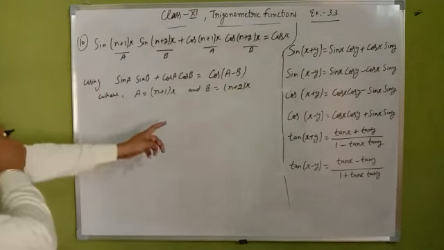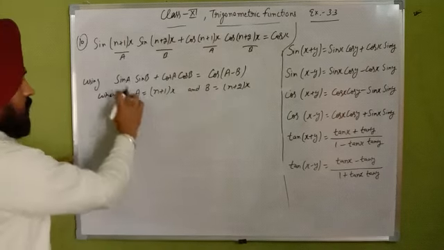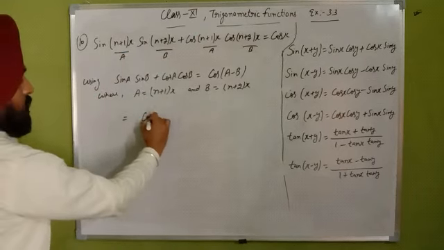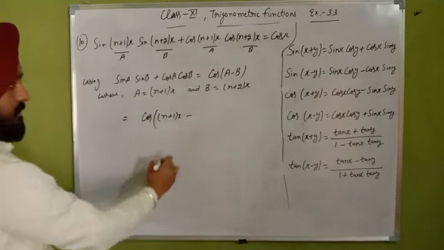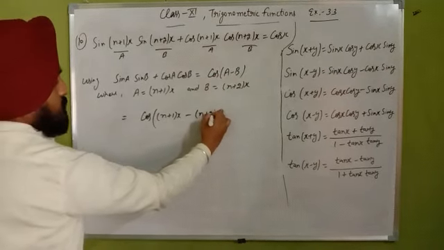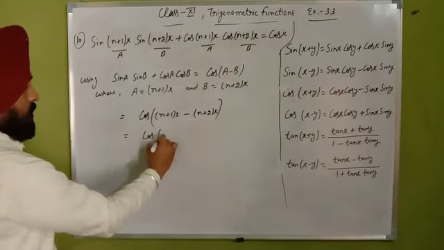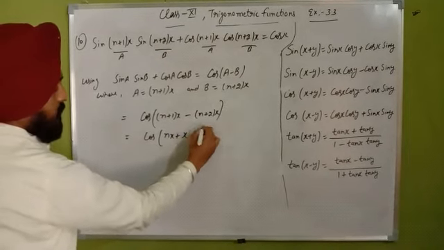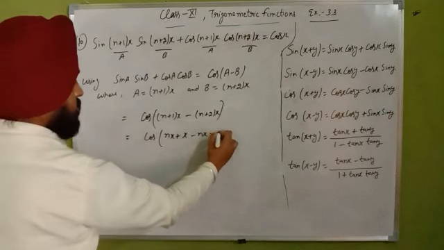So put this value of a and b in the right hand side. I am directly writing the right hand side there, because the left hand side is already given in the form of this term. So we can say cos of a, put there, (n plus 1) into x. Now minus term, negative sign there, so use negative. Value of b there, (n plus 2) into x. Now just open the bracket here: cos nx, nx plus n into x into 1, x minus x into nx. This plus minus minus will be there, minus 2x.